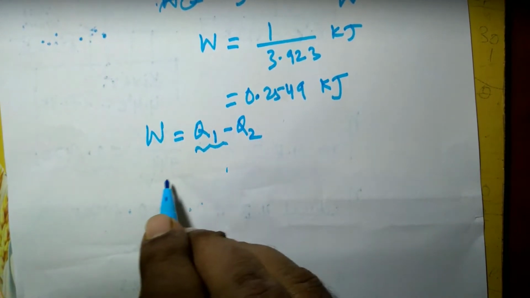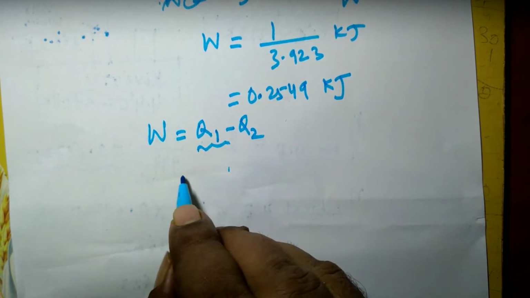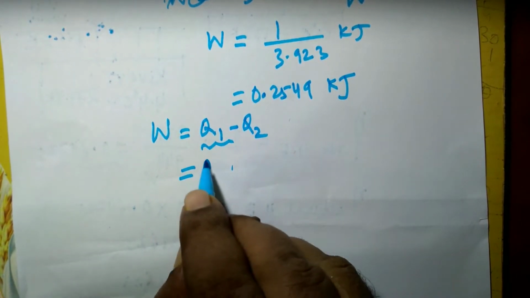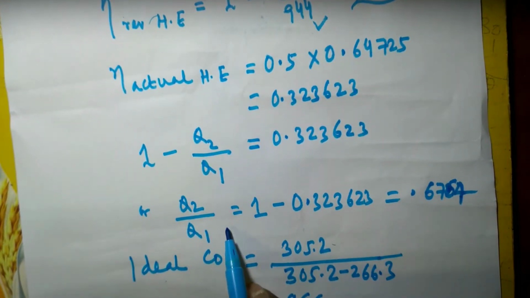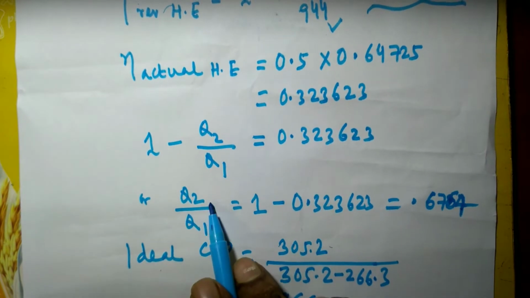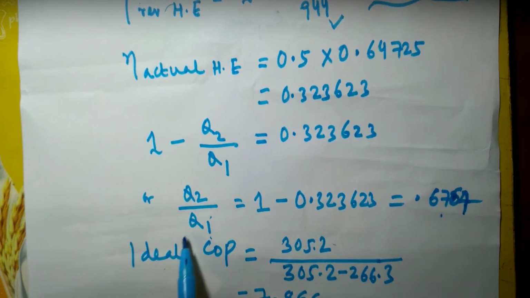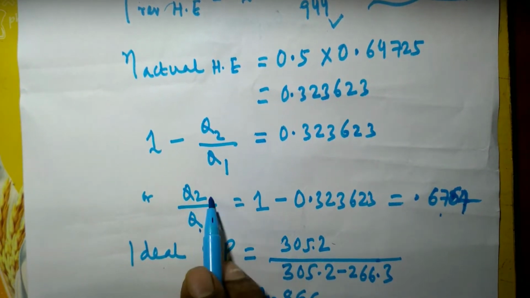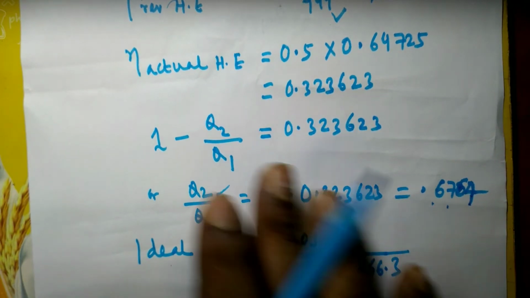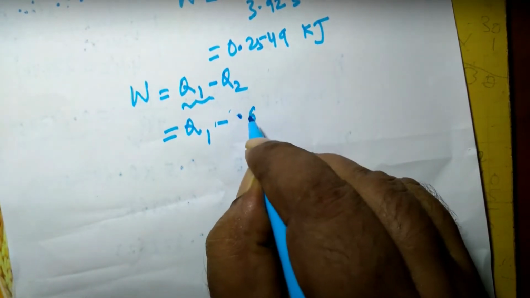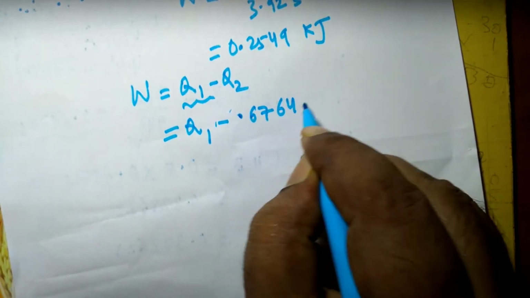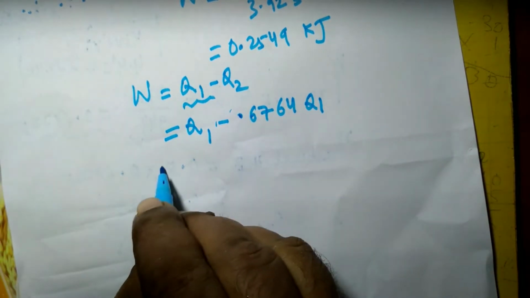Q1 minus Q2 is required. From before, Q2 is 0.6764 Q1. Putting this value of Q2 here, Q1 minus 0.6764 Q1